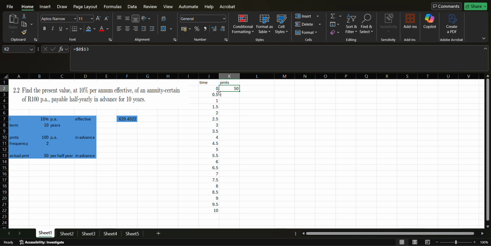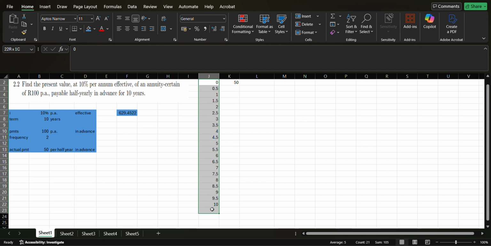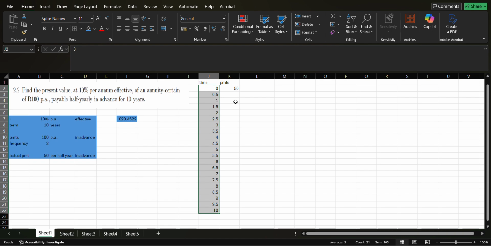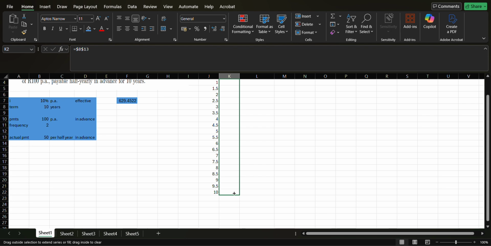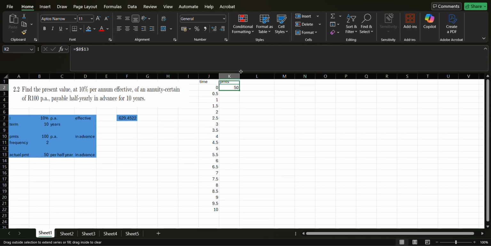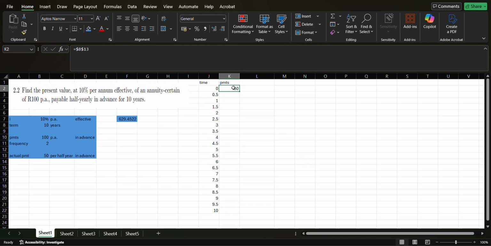And then because I've already laid out how many rows I want to use, when I go to the next column, it automatically assumes that I want to use the corresponding number of cells. So I don't have to drag this down manually like I did the first time. I can just come here until the cursor is black and narrow again, and then double click and it'll fill out until